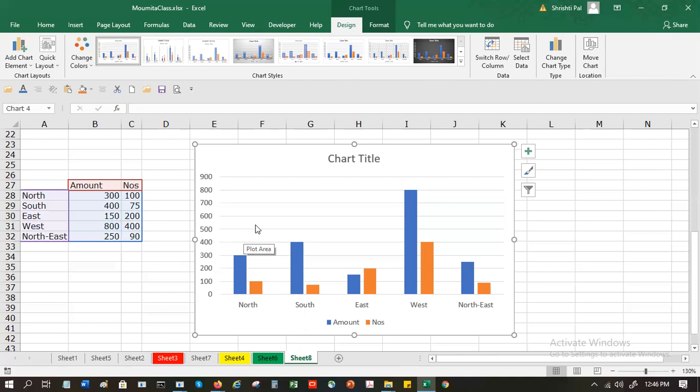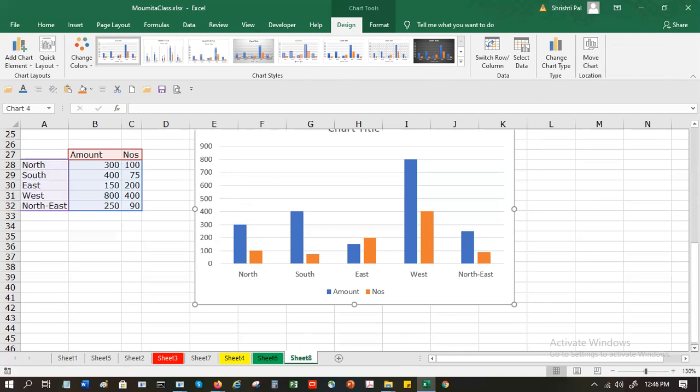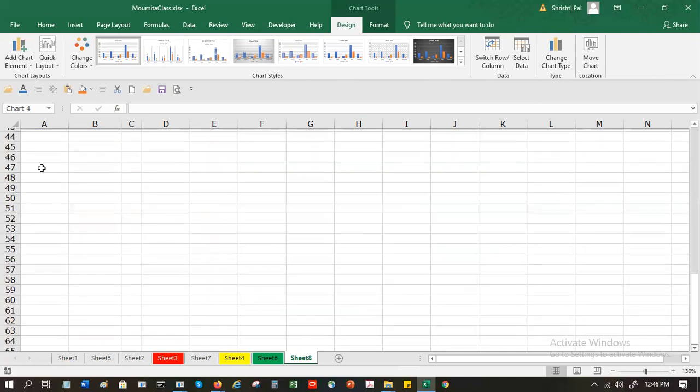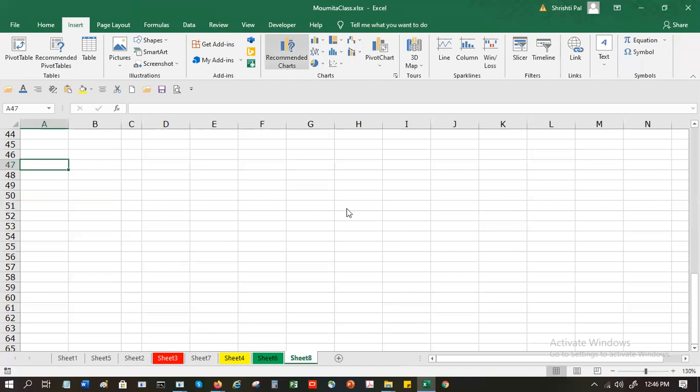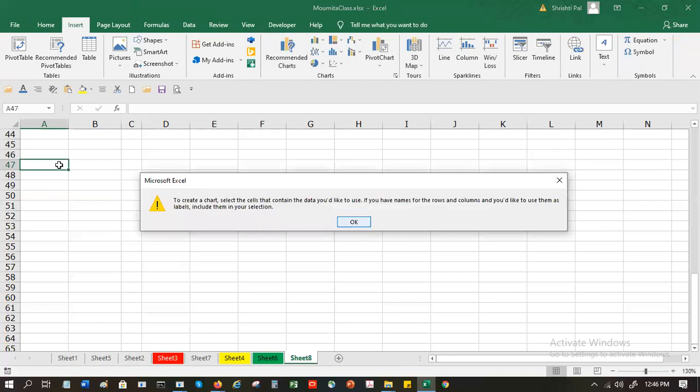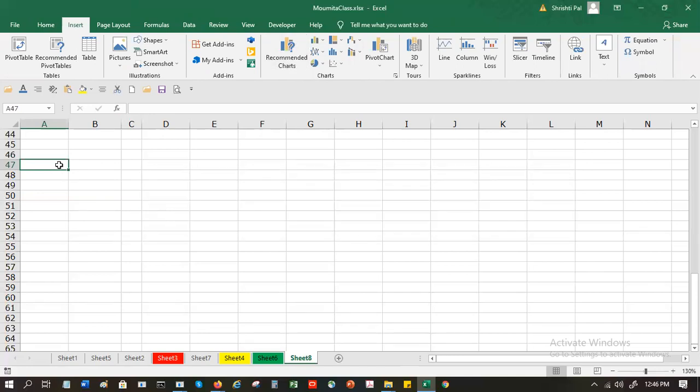Now, let me show you another type of chart. What type of charts do you popularly use? Do you have any preference? I use pie or bar. There are these new types of charts like sunburst, tree map, waterfall. Let me just show you this.